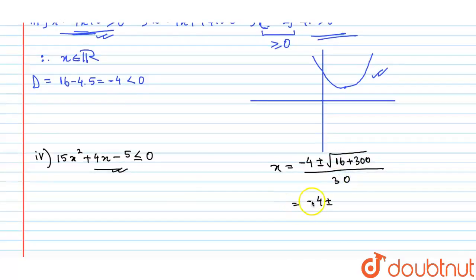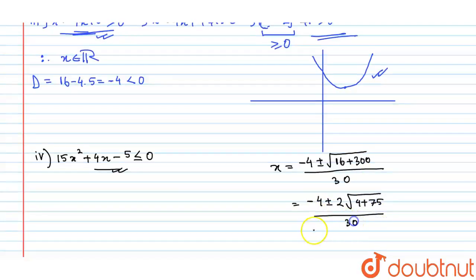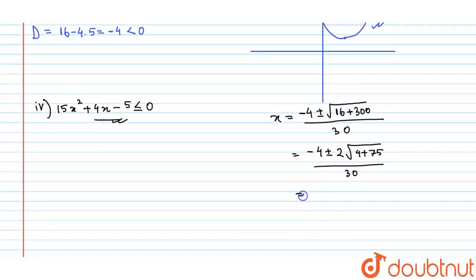So it is minus 4 plus minus, we can take 4 common out, so it will come out as 2, then square root of 4 plus 25 into 3, that means 75, whole divided by 30. If we cancel out, it is coming out as minus 2 plus minus square root of 79